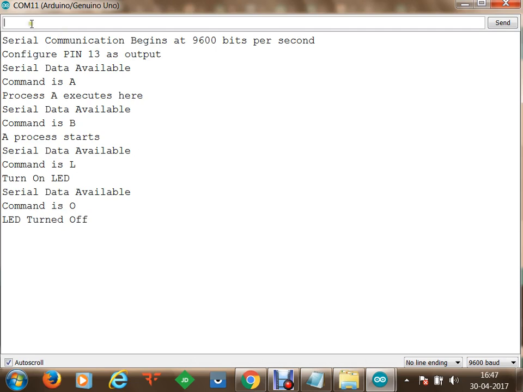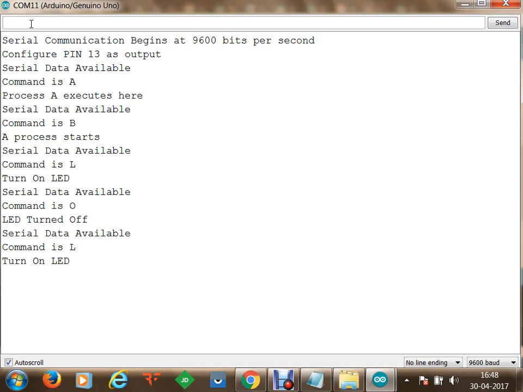So again, if I want to turn this on, I'm going to say L and press enter. So the LED will turn on with 3.3 volts, because at the moment I have set pin number 13 as an output pin, it is going to output voltage. When I'm sending L, at that moment I am turning on my LED, hence I am specifying HIGH to pin number 13 using the digitalWrite function. Configuration was done through the pinMode function, but setting high voltage or low voltage is done through the digitalWrite function.